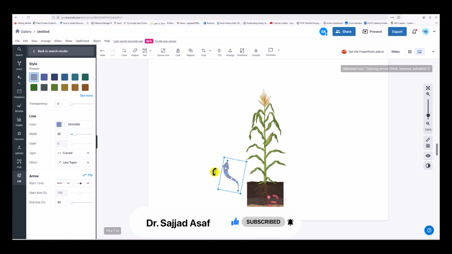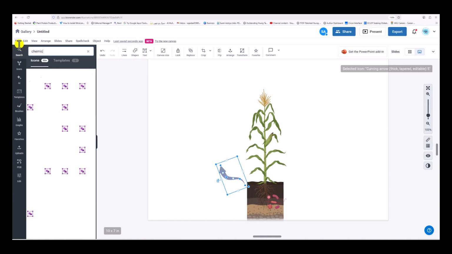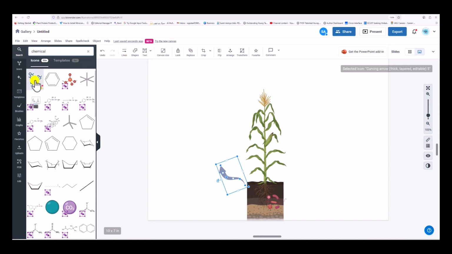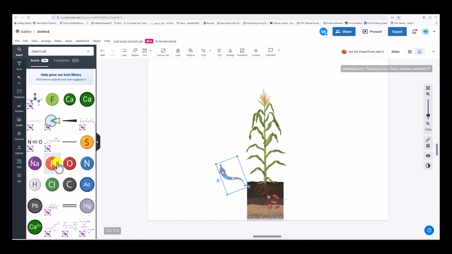For example, you want something else here. It depends on, as I mentioned before, your own thinking and your own hypothesis, what you want to show here. So for example, if I want to show some chemical. Okay, so there are different chemicals, for example, chemicals like NaCl, anything.